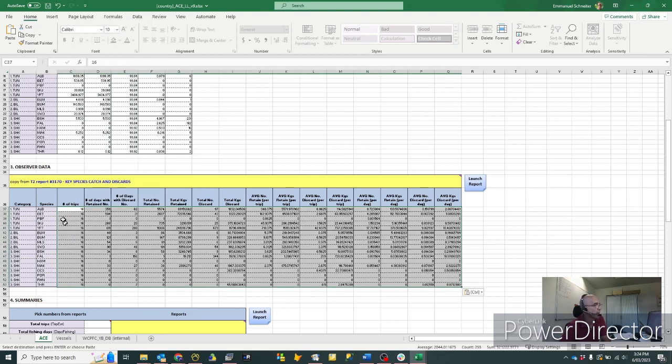Okay, so once again, this only downloads the values that were in the buffer and not the formatting. So it keeps the formatting that you have in this template. So here we go. We've finished this part, and we now have some average numbers, average kilograms for retained catch, for discarded catch, and this is going to be useful